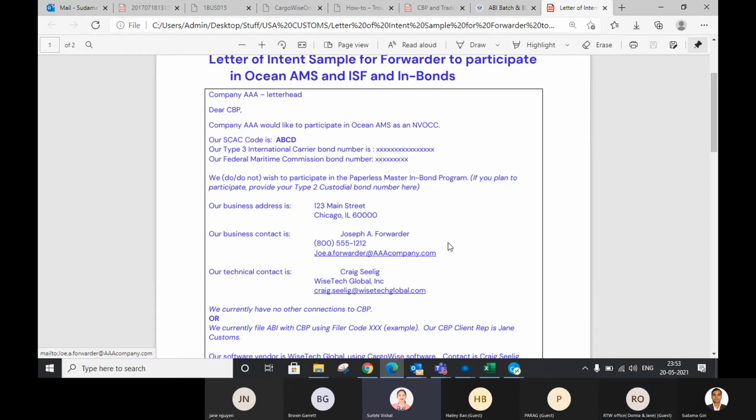Sudama, have you checked this with CargoWise? Yes, already checked, and this is the document CargoWise has provided, and they have asked. Okay. Sudama, I would say that means for this now,